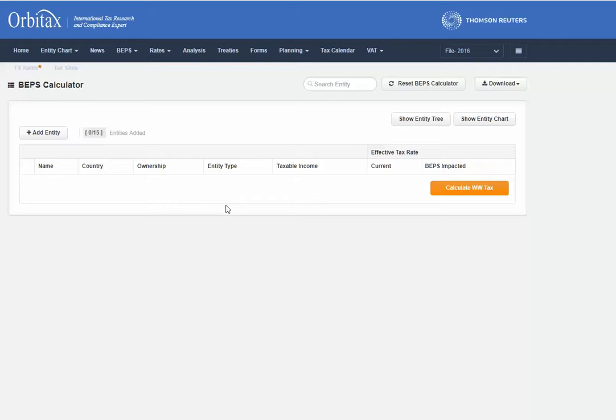A new enhancement has been added to the International Tax Research and Compliance Expert. Today we're going to be reviewing the BEPS calculation. The BEPS Calculator allows you to calculate the potential impact of the BEPS action items on your cross-border transactions, including